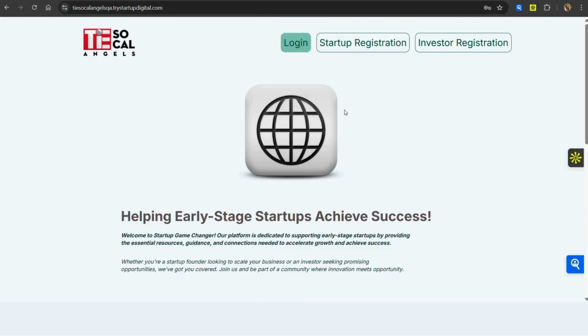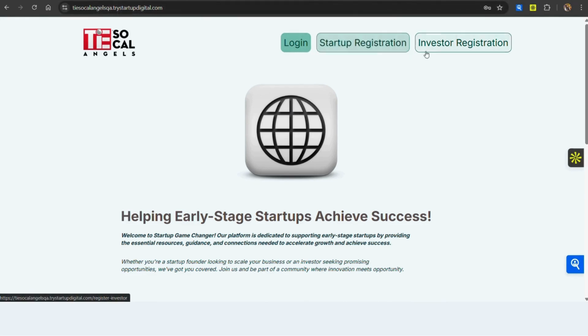Hello investment group admins. Today we will be learning how to operate the deal flow platform by Startup Steroid. The URL would already be provided to you. It would be a white label solution specific to your investment group, so the logo will be yours, the URL will be yours.